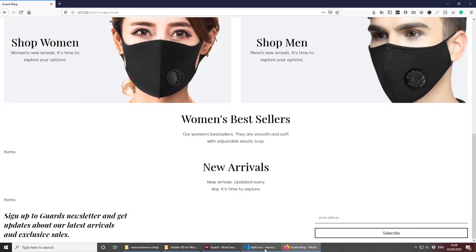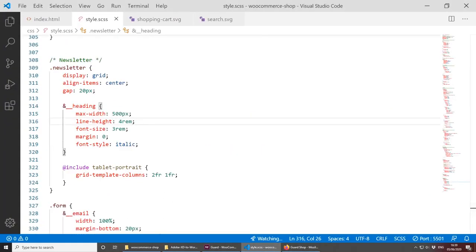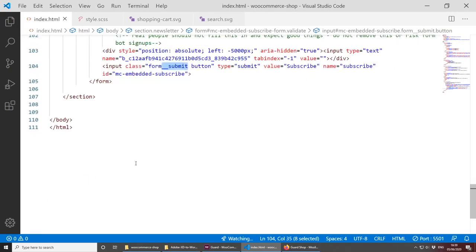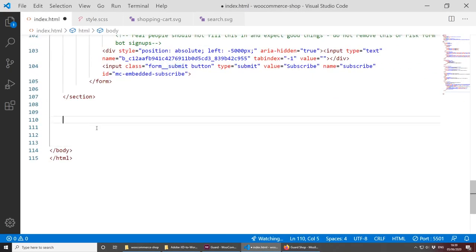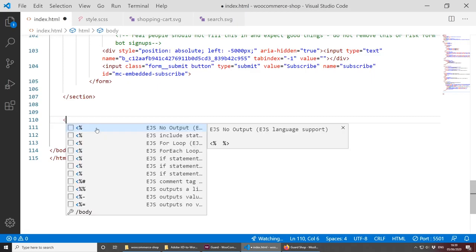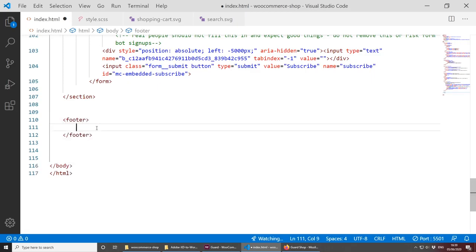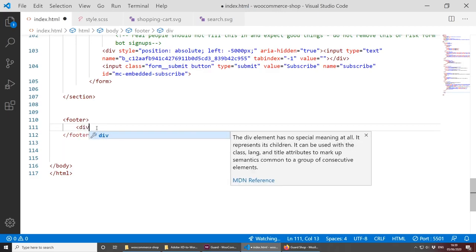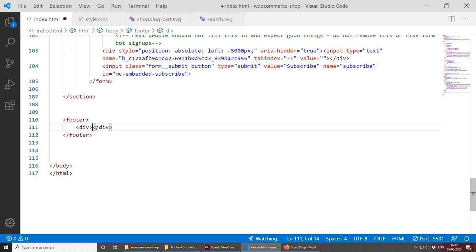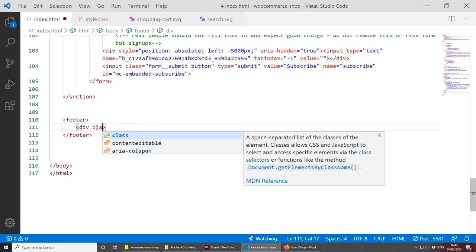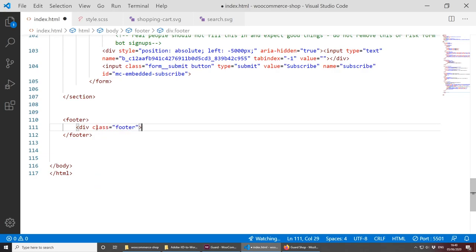So now the next section that we need to do is the footer. Hopefully the footer wouldn't take too long as well. It's fairly simple. So let's start with the footer in here. The footer, we're going to use the HTML5 element footer, and instead of adding classes to this, I'm going to create another div with the class of footer, and you will see why in a second. So let's say class footer. This will make it